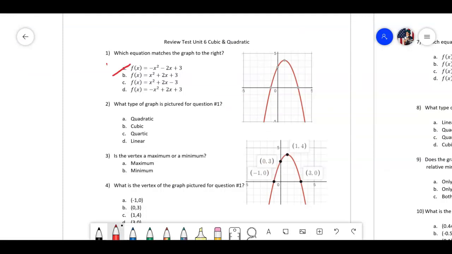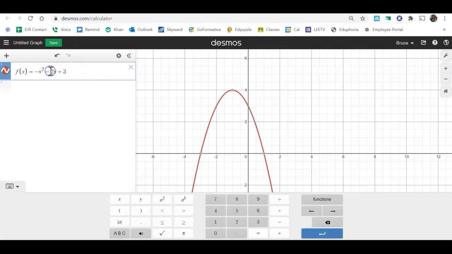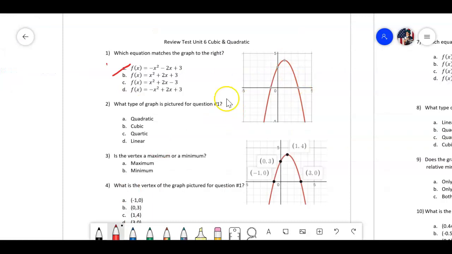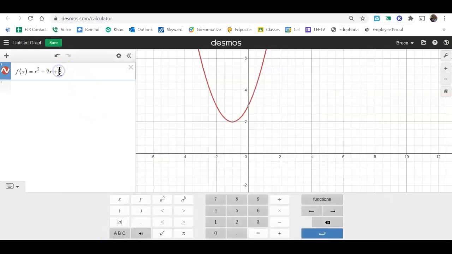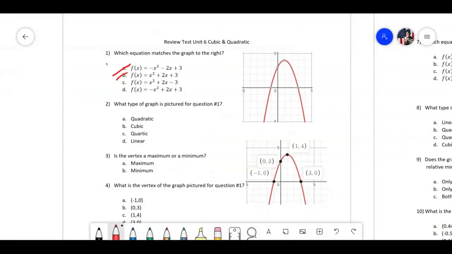Back and right, there we go. All right, let's try B. Same thing, except these first two terms are positive, so let's just turn those positive real quick. See, that one opens upward, but our original one opens downward, so it can't be B. Let's try C. The only change now is that the 3 is negative. Let's try that. Still, it opens up, but it should be opening down, so process of elimination, it'll be letter D,